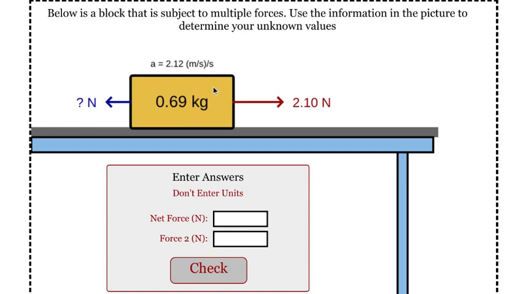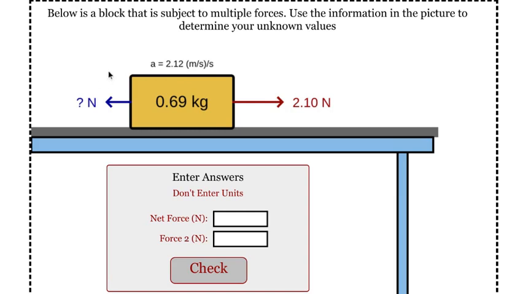Now remember, the net force is what causes accelerations. So if this unknown force on the left were 2.10, the acceleration would be 0. But because there is some acceleration, I know that this force on the left has to be less than 2.1. And whatever the net force is, it's 2.1 minus whatever this is on the left. That leftover force, or net force, is what's causing this 0.69 kilogram mass to accelerate at a rate of 2.12